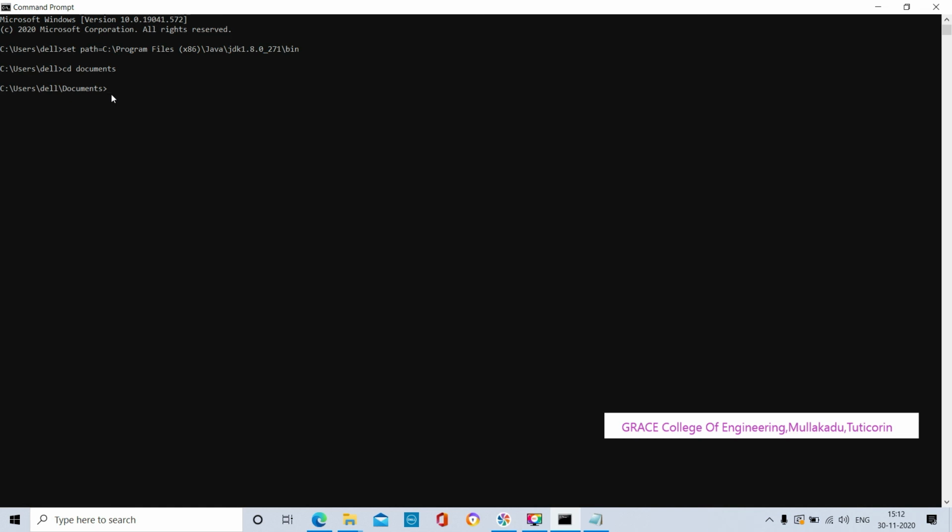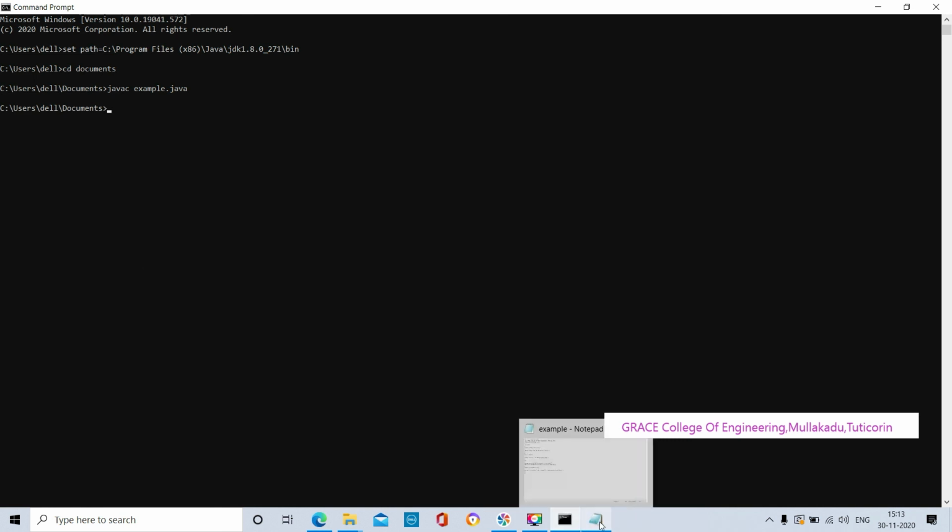Here we have to give the syntax for the Java compilation, javac space example.java. This is the syntax for the compilation of our application program. If any errors are available, it will show the error. Without try block, catch block, throw and all, we will get the errors in this step.